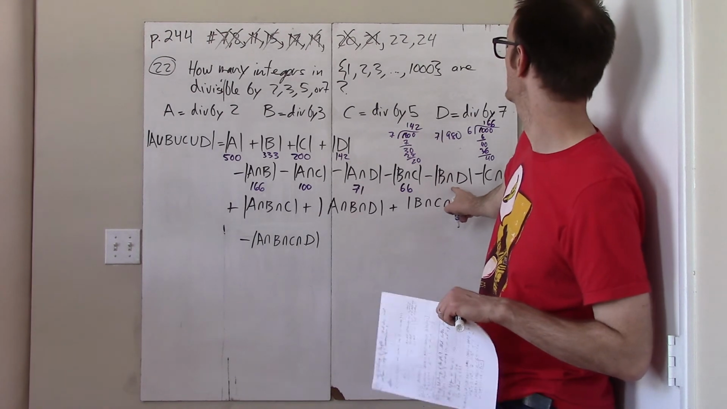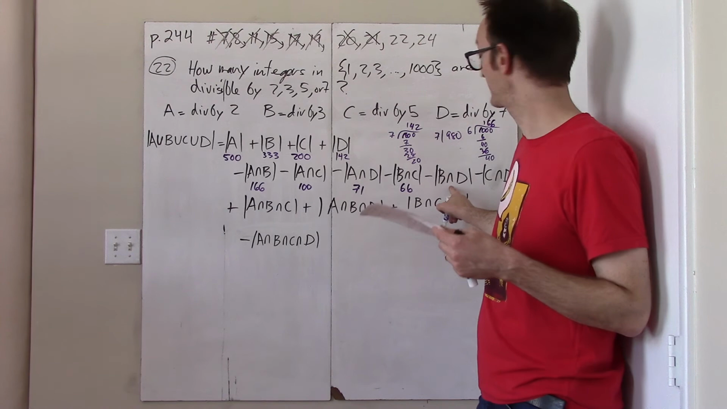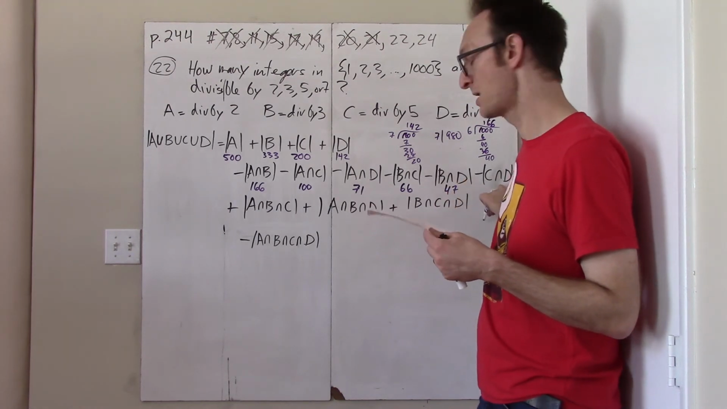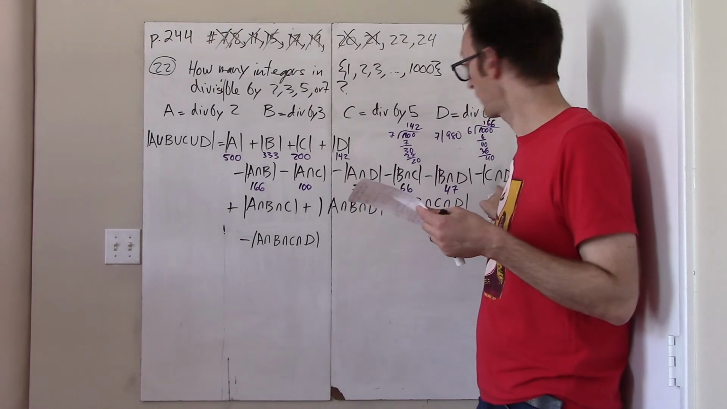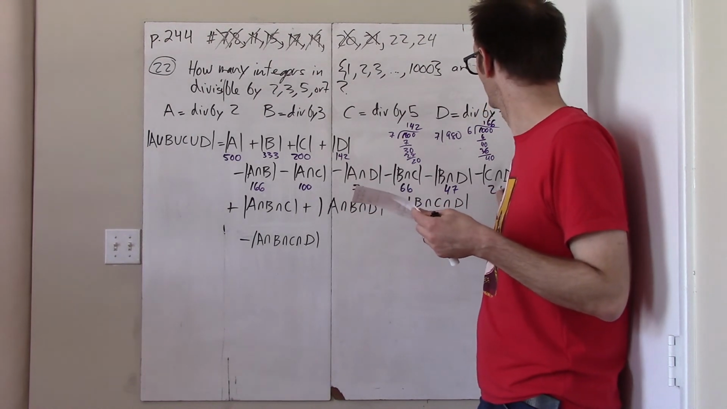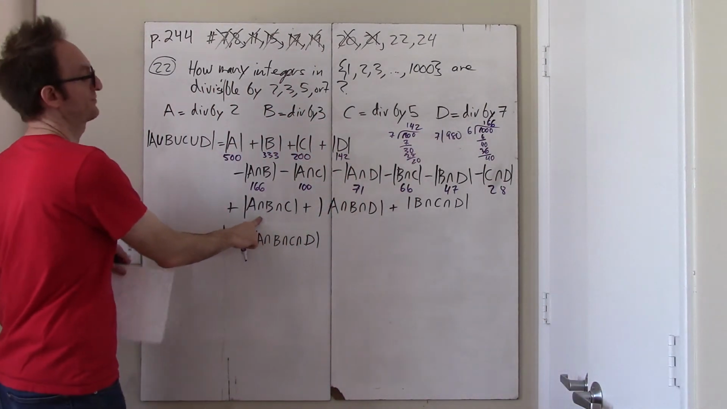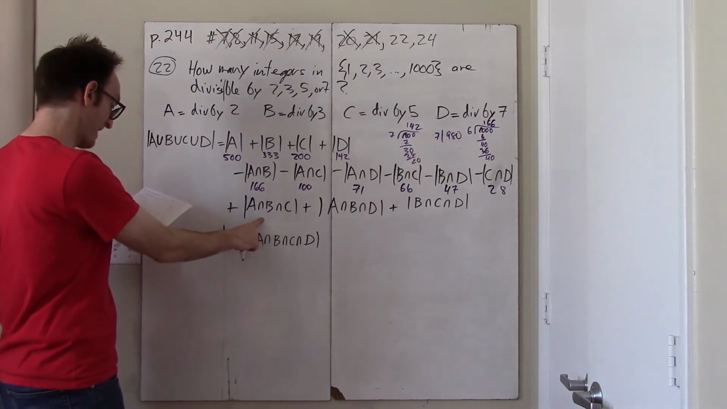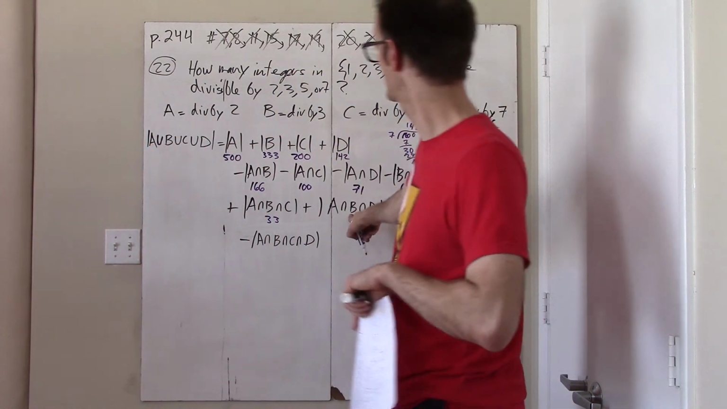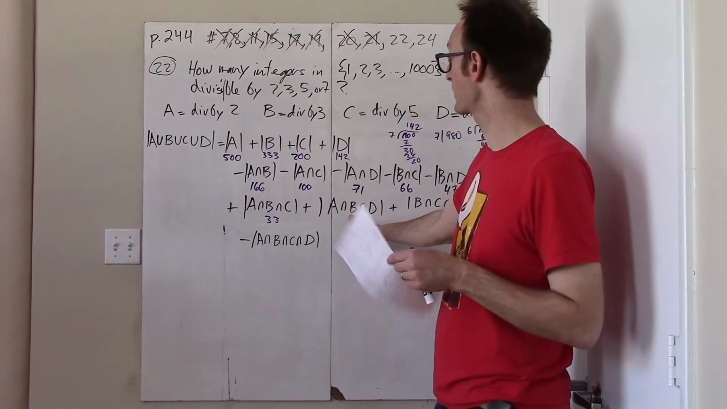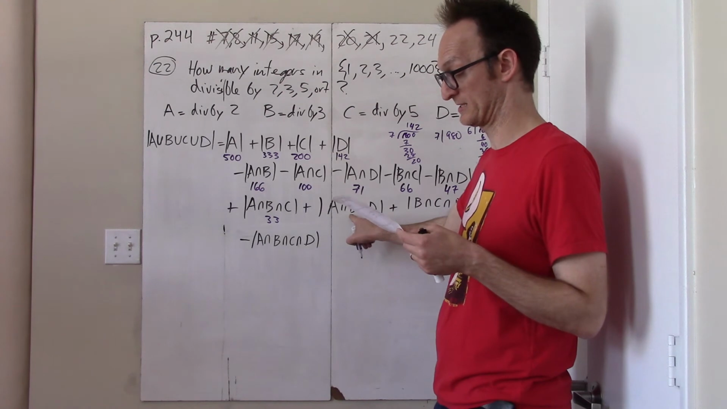B intersect D, so that means divisible by 3 and 7, so it's 1,000 divided by 21. Take the floor, that's 47. 1,000 divided by 35. Take the floor, that's 28. Okay, now I want all the numbers which are divisible by 2, 3, and 5, so that's 30. 1,000 divided by 30. Take the floor is 33. This is going to be 1,000 divided by 42. Take the floor is